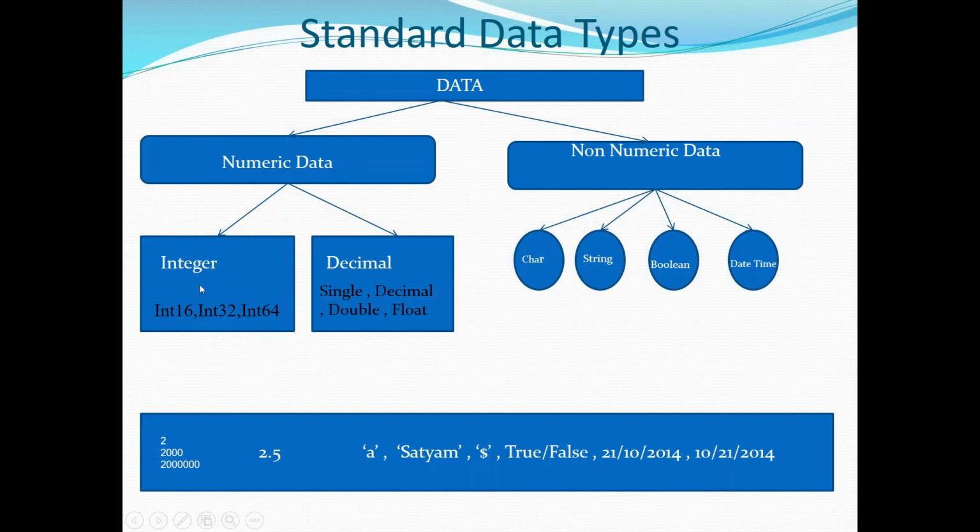Define it as int 16. The range is going to be -2 power 16 to +2 power 16. If you are going to define some big numbers, define it as int 32. The range is going to be -2 power 32 to +2 power 32. And if you are going to store the biggest integers, then define it as int 64.